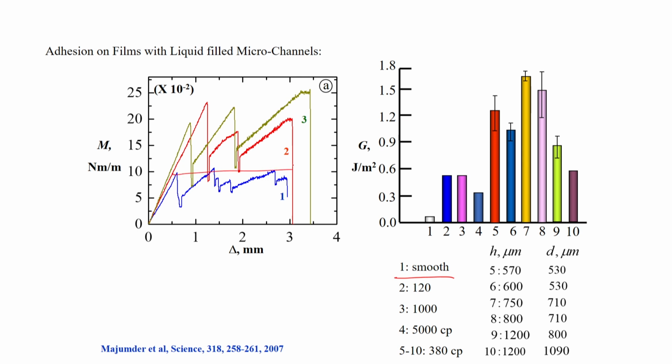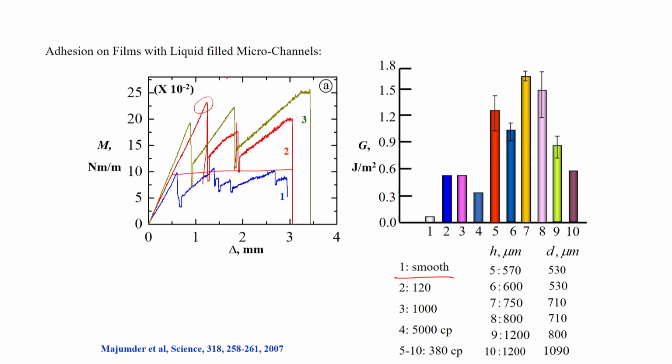But when you put the liquid inside and then do this experiment, the torque increases in the vicinity of the channel, and then it decreases drastically because the crack starts propagating once again. So the crack gets arrested here and then propagates. Once again energy starts building up, the force load starts building up, and at a critical load again the crack starts propagating. So crack arrest and crack propagation continuously happen over here, and this elastocapillary effect leads to this enhancement in